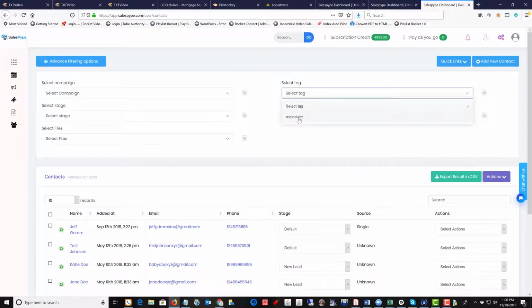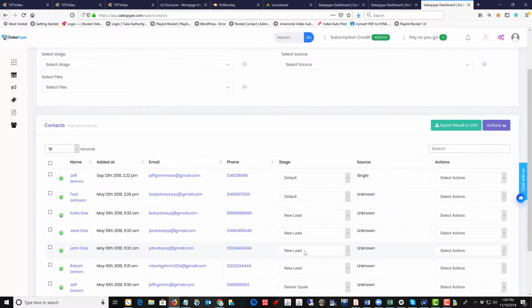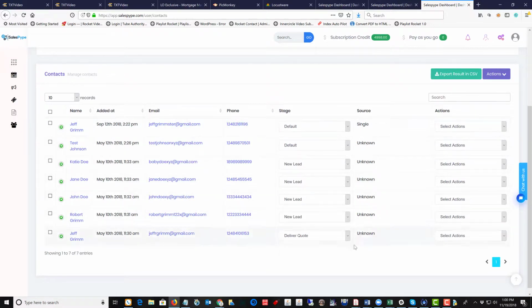And I'm going to run a list of everyone in our system that has the tag real estate. Now, if you had multiple tags that you're using in the system, they would all appear in your drop-down menu. But I'm going to go ahead and select real estate. And now it has created a list of everyone in the system with that particular real